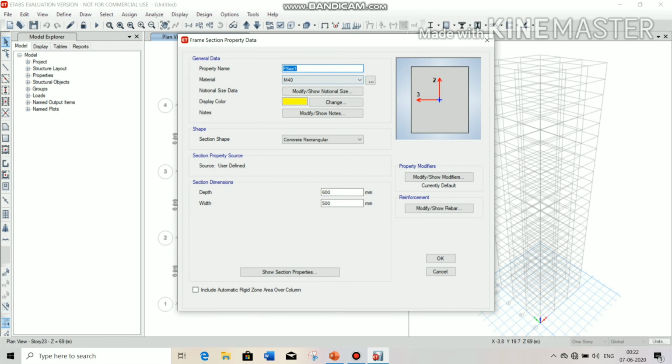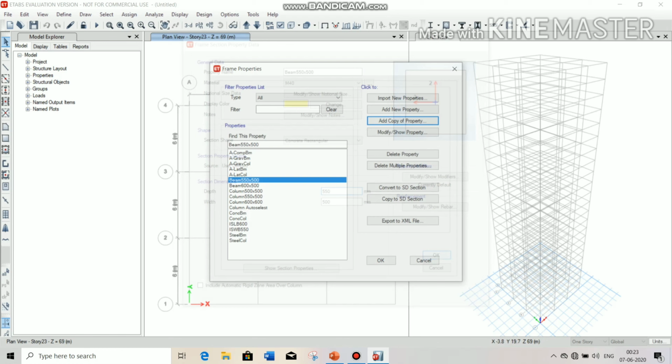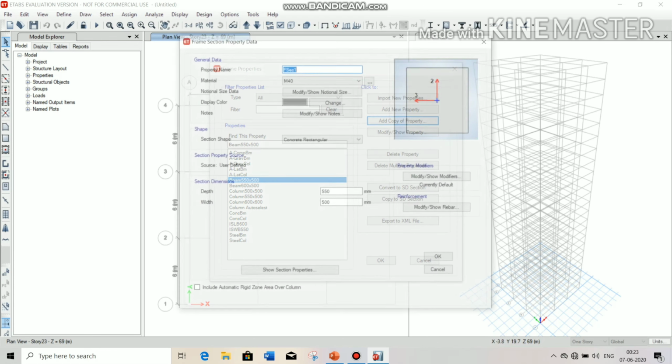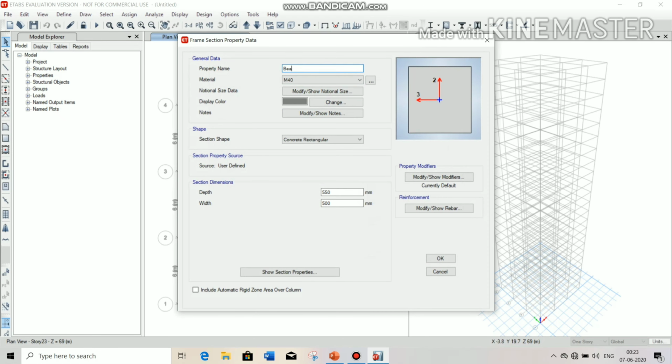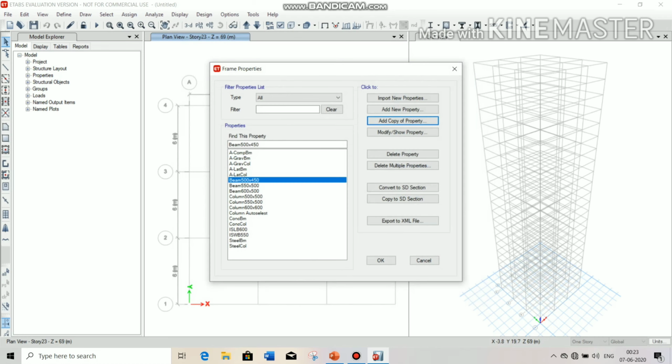Then go to add copy of property, give its name, click on OK again. Now click on OK.